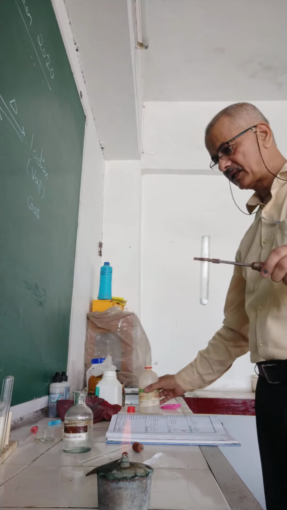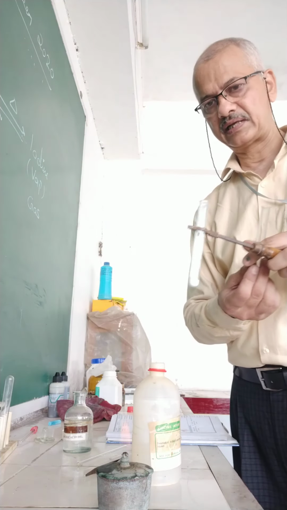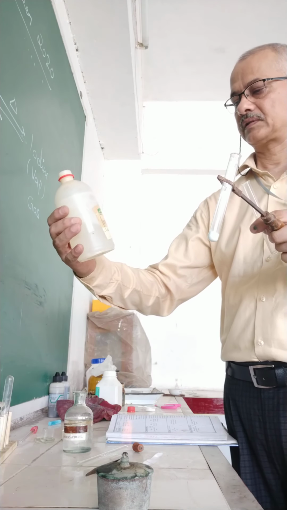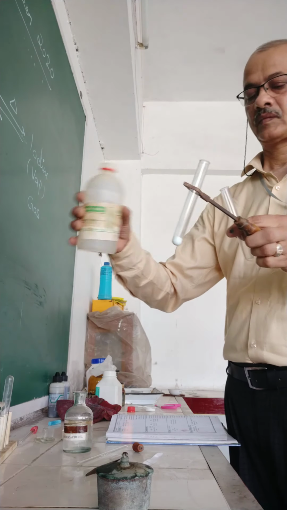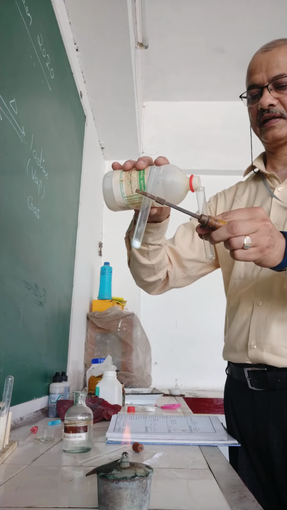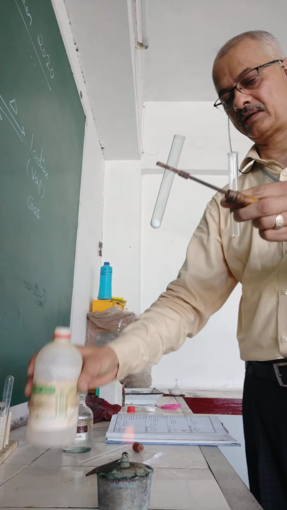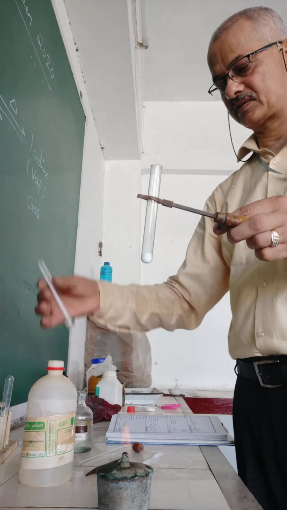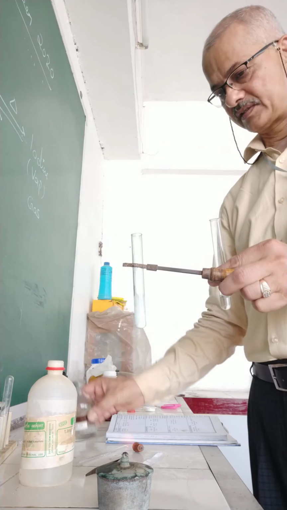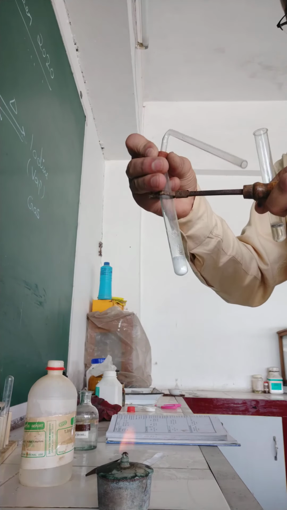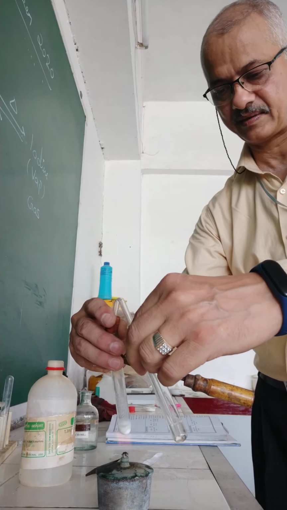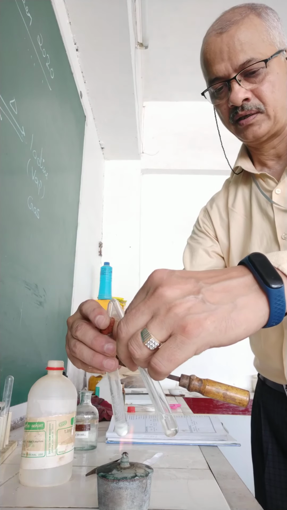Then I will pass the gas evolved through the lime water. This is lime water. I'm taking out a small amount of lime water so that I can pass the gas to the lime water. Let's see what effect the gas which is evolving out has on this. So I'm adding this thing over here. Now see the effervescence, you can see a lot of bubbles coming out, and then I'm going to heat it and pass the gas coming out through the lime water this way.